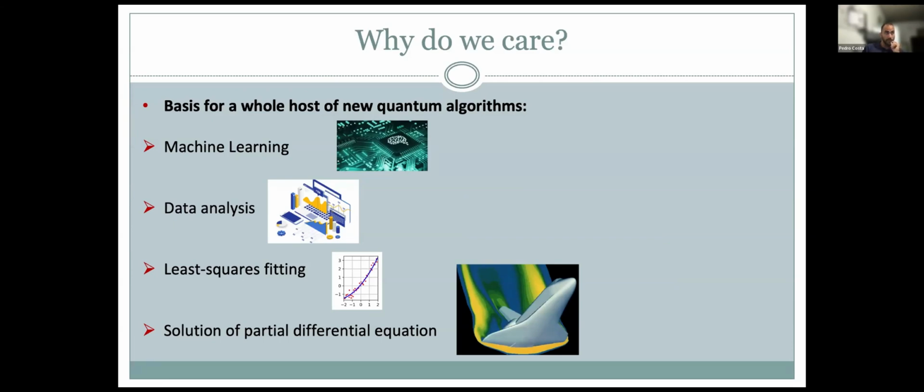Solving linear system problems in quantum computers is a base of a host of new quantum algorithms, from machine learning to the solutions of difference equations, which could be ordinary, partial, or nonlinear as well. In particular, I'm more focusing on the linear system problem in solutions of difference equations. When you don't have an analytic solution, you come up with methods for discretization, like finite difference methods, and then you end up with a large system of linear equations to solve. The hope is to apply these quantum solvers to give some speedups compared with the classical results.